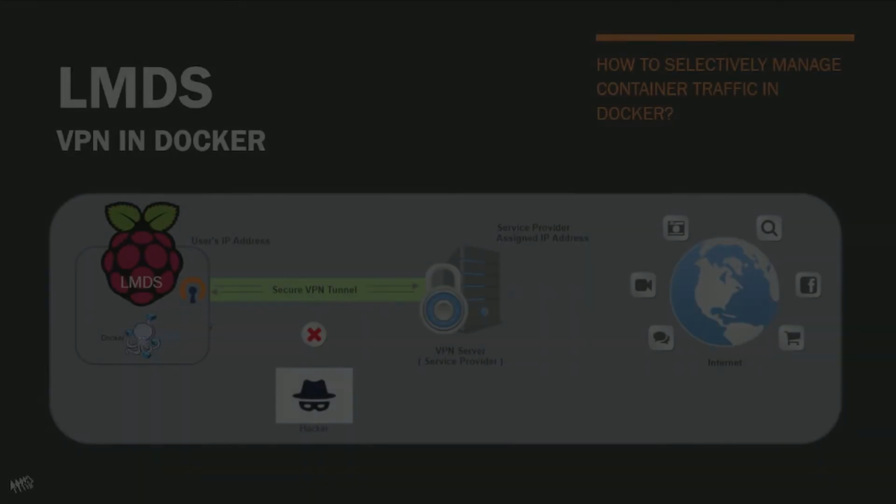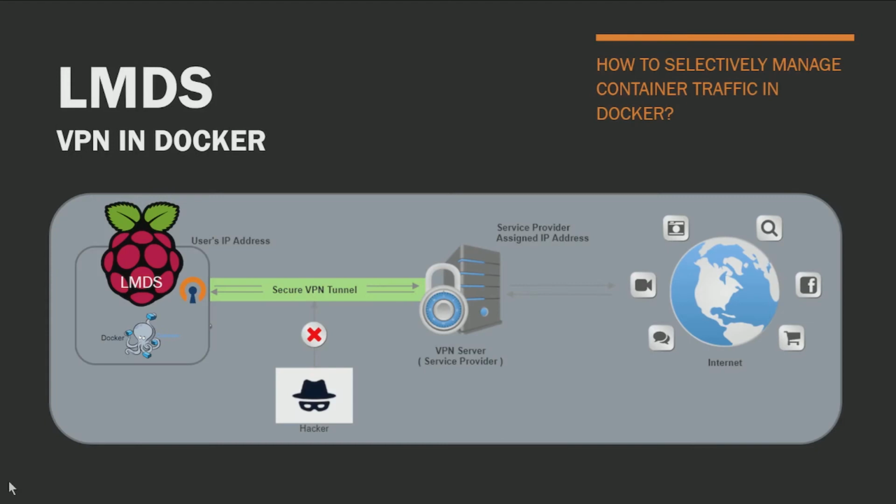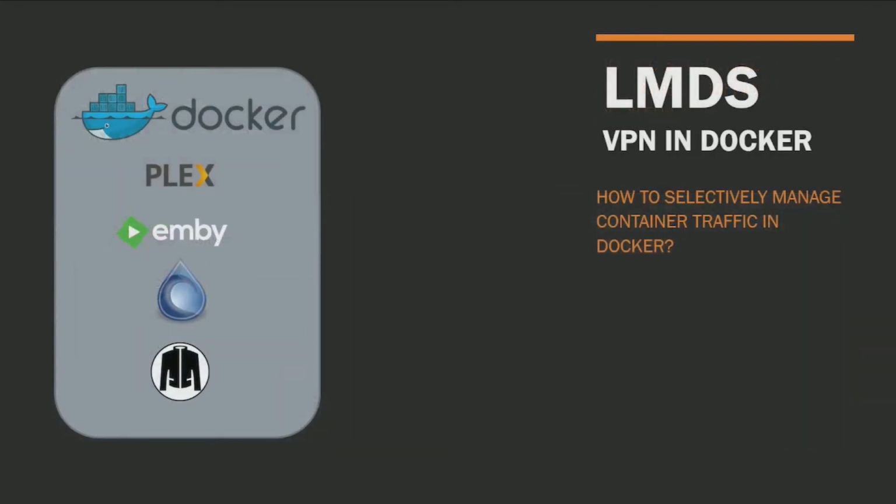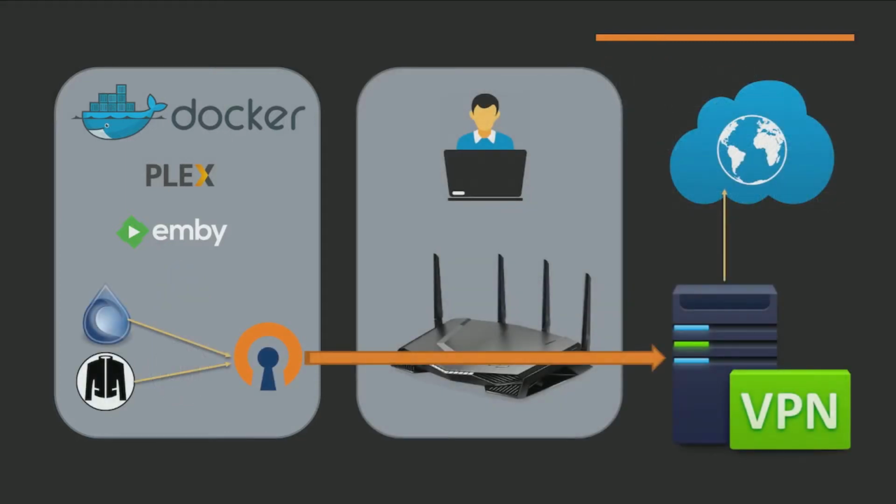Hello guys, today we are going to talk about VPN and how to secure traffic that is originating from your Docker containers to the internet. Let's say your plan is to have a few containers that are running on your Docker host, where some of them will always connect to the VPN immediately after they boot and should pass entire traffic only through the VPN